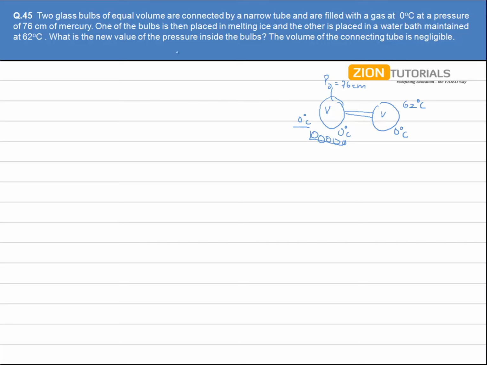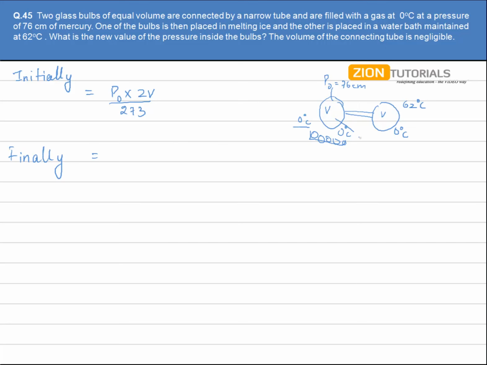Now it is asking what is the new value of the pressure inside the bulbs. The volume of the connecting tube is negligible. Now again, what we see is that no gas is leaking out and no gas is coming in. So that means we can directly apply the concept that the number of moles will remain the same. So basically, initially, the number of moles would be equal to P naught, which is 76 centimeter, into what is the total volume for the gas available? It is 2V divided by the temperature, 273. And finally, if I talk about the number of moles, this would be equal to, finally, let us